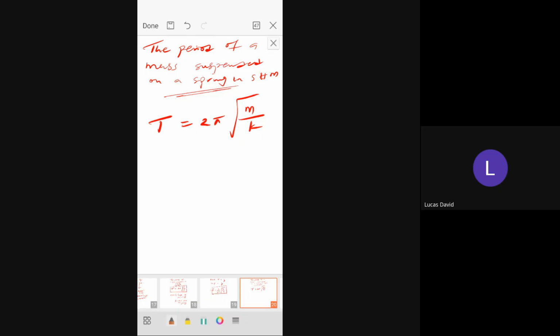Where m is not the mass of the spring. So we always consider the mass of the spring to be what? In fact, we assume the spring to be massless. So we assume the spring doesn't even have mass. So we say it has a negligible mass, almost zero, or taken to be zero. All right. So this m here is the mass of that body undergoing simple harmonic motion. Do you understand that? So m is the mass of the body undergoing SHM,